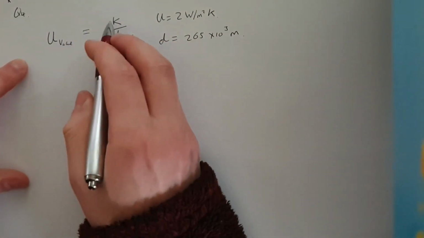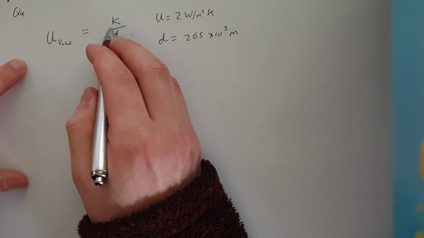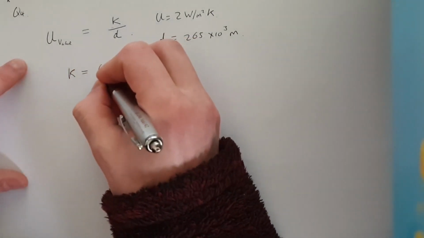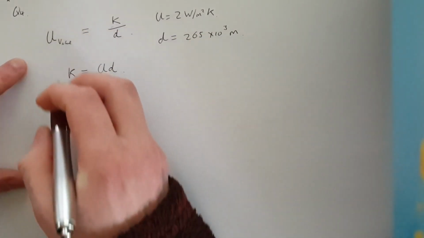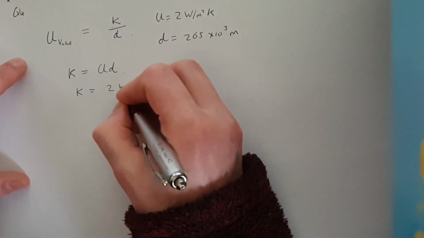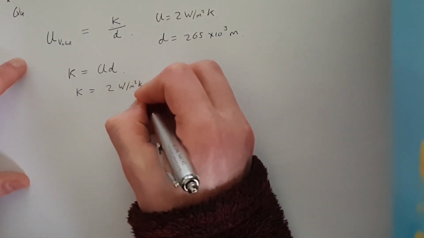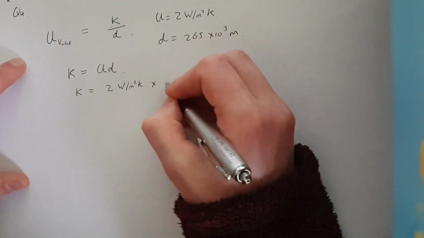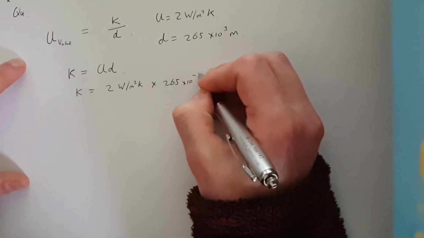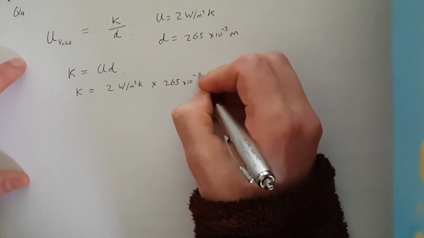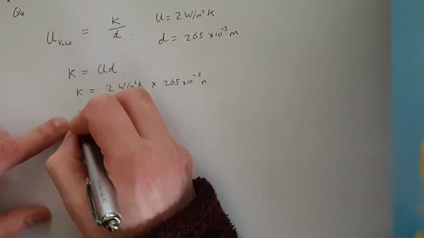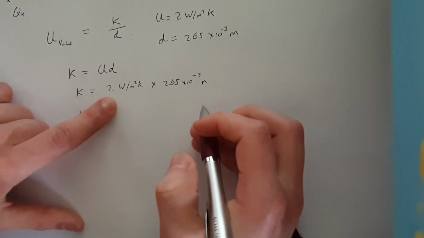So we need to rearrange this to find what K is here. So K is equal to U times D, just timesing through by D. So K is equal to 2 watts per meter squared Kelvin times D, which is 265 times 10 to the minus 3 meters, because it's millimeters to meters. So our answer is K is equal to, can I time these two numbers,